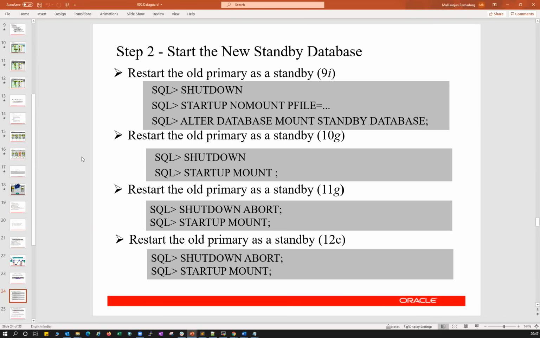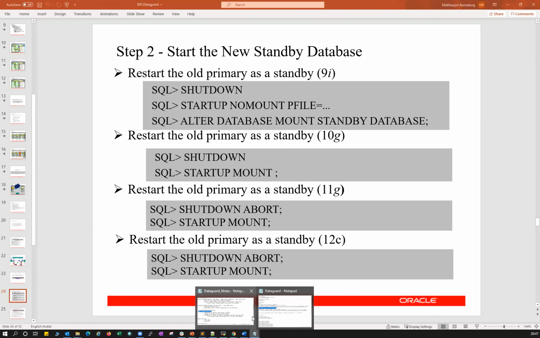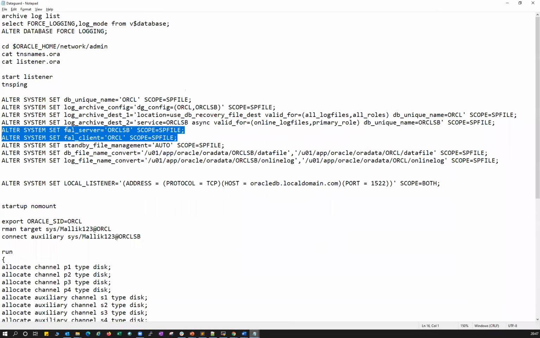When you are setting file server and file client on the production side, you will set file server as your DR side and file client as your production side. And when you set the same parameter on your DR side, file server will become your production side, and file client will become your DR side. Why? Because when you do the switchover, that is when it comes into the picture.